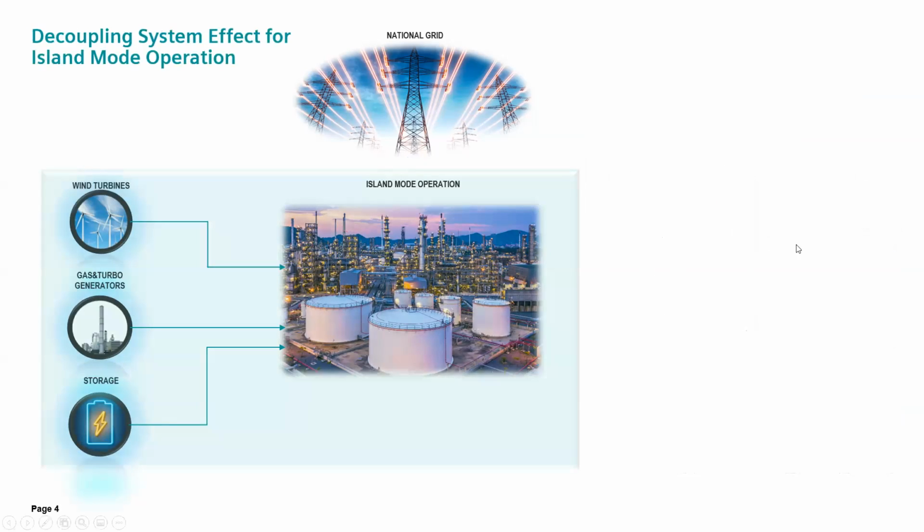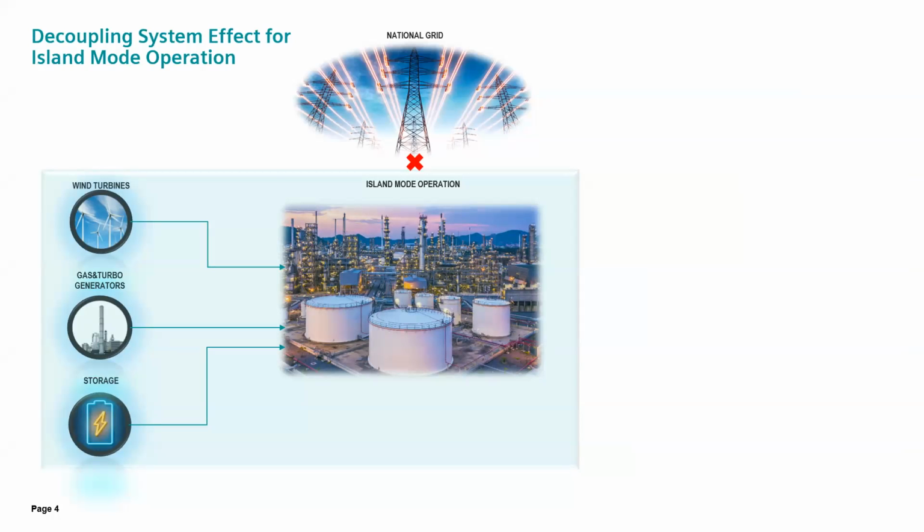As you see on the screen, the facility is disconnected from the grid due to a fault on the network, and realizes its internal consumption through its own generation resources without the grid connection. This circumstance is called island mode operation. Actually, the load shedding system performs the load reduction process required by the facility in order to ensure the generation